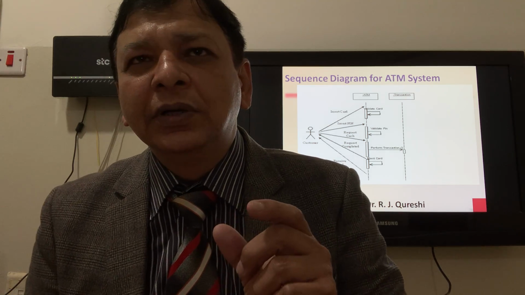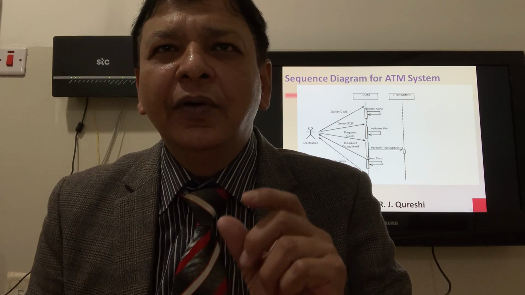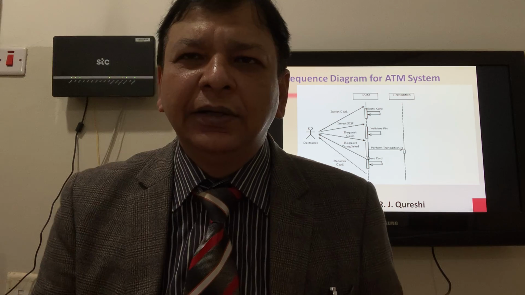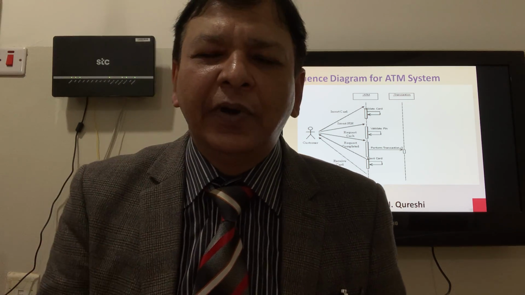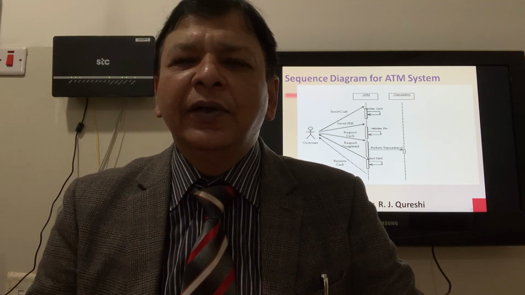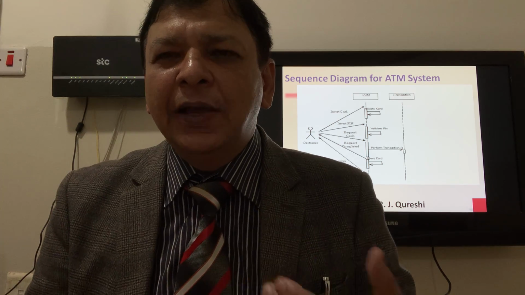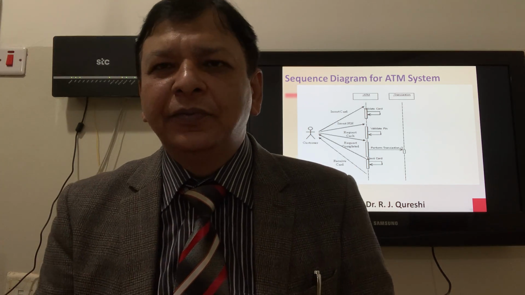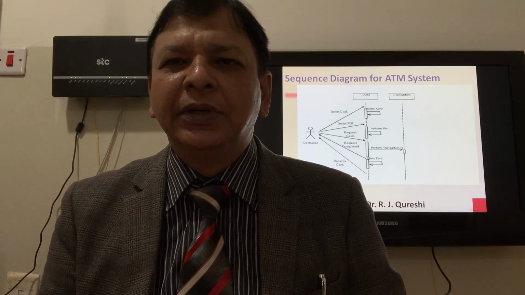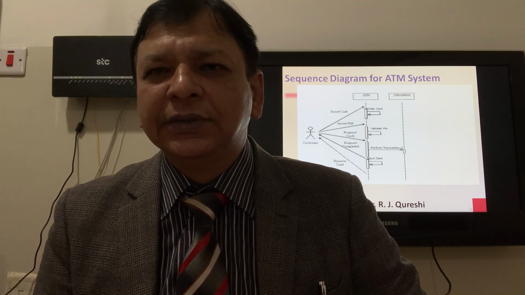So we have the object ATM and the object transaction, and we write a colon and underline for the object. It is not necessary to provide the actor. It's optional. You can provide it or not, just to understand. One more thing I want to mention: for each actor, you have to draw a separate sequence diagram to make it clear for the architect and for the programmers to understand the interactions of the objects.